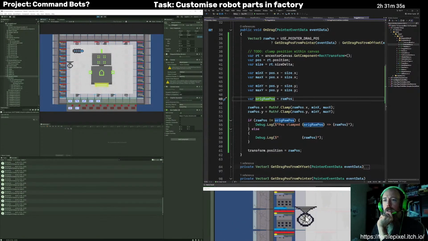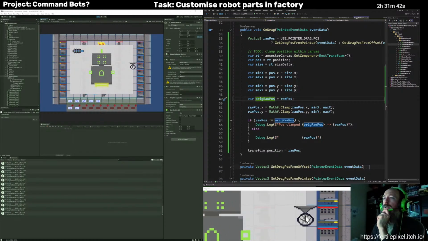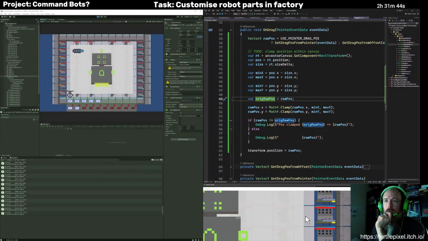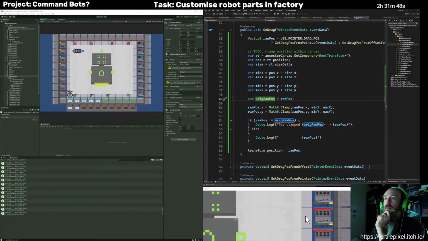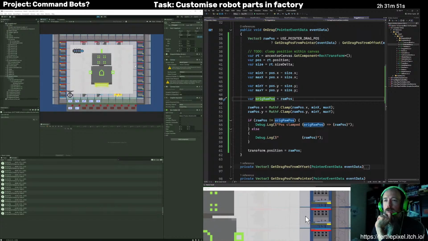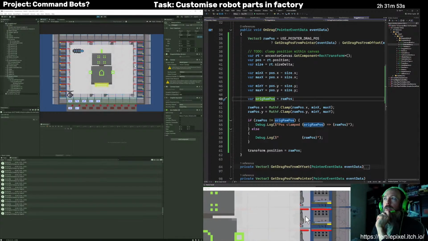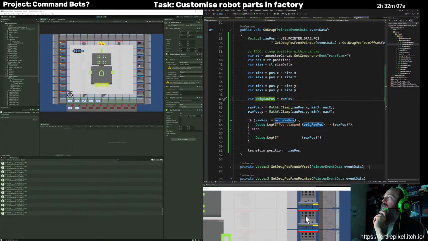Here the X should be getting to about 0, yes, 0.02. And let's go right over there. Should be getting close to 9. The X, yep. Okay. When I went outside of the canvas, it's just switched to 0, 0. So if I'm not on any canvas, that's actually just giving me 0, 0 for the raw position, which is not what I want.